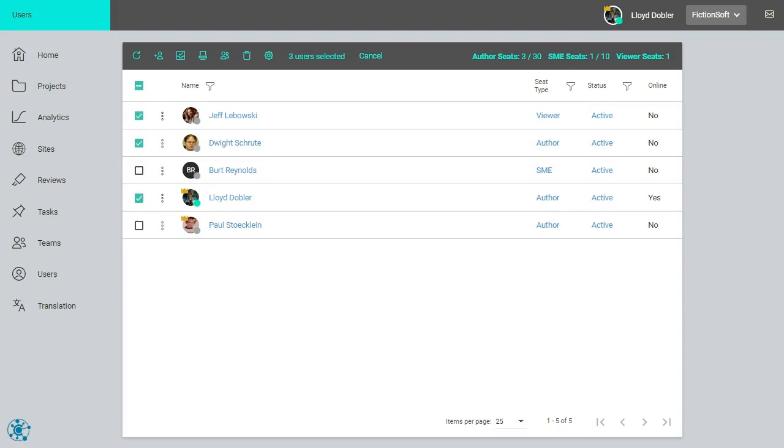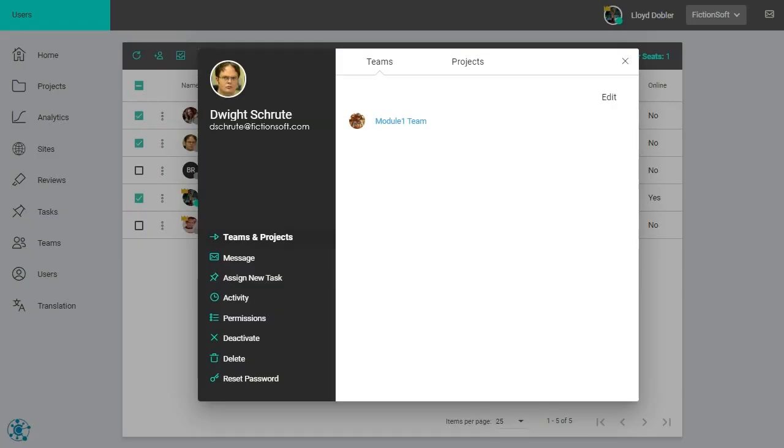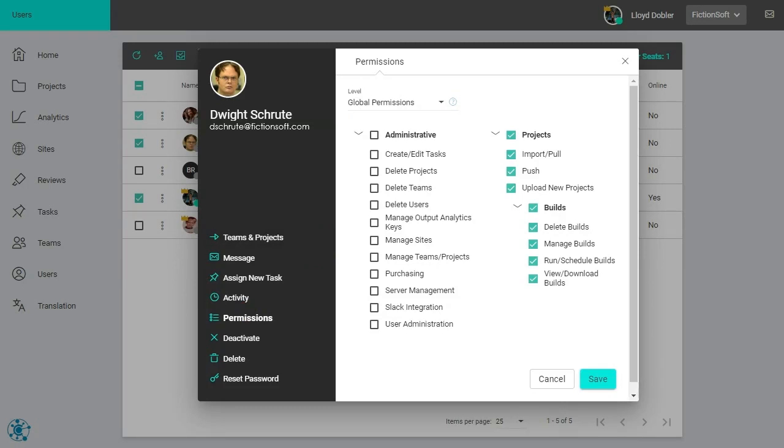You can click a user's avatar to view that person's profile. If the user is an author and you have the appropriate permissions, you can do things such as assign tasks, assign teams and projects, or change permissions. One final thing. If you choose to make changes to an author's permissions, you'll see an additional drop-down field in